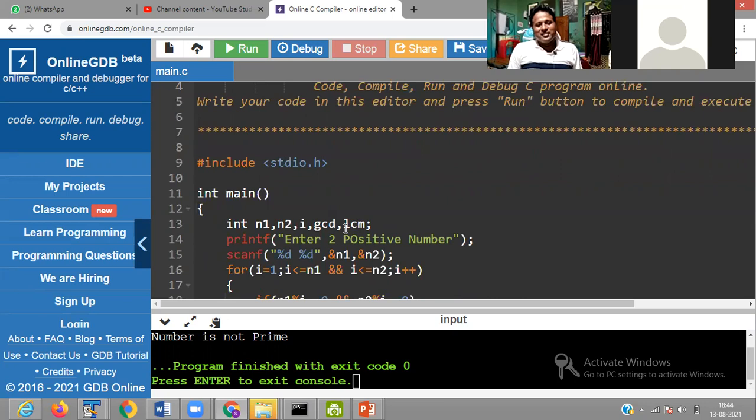LCM I know, GCD I don't know. If you know LCM, GCD is there. GCD is what? Greatest common divisor. Lowest common multiple.